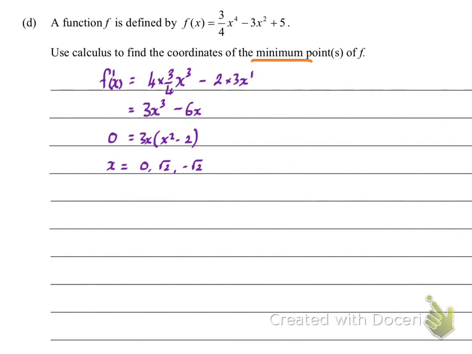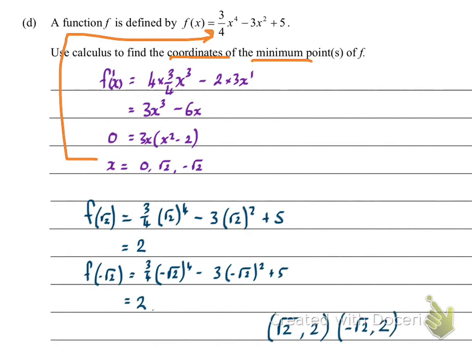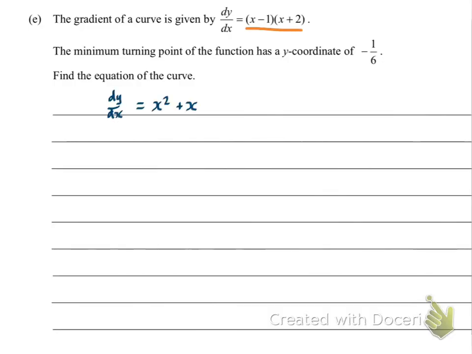Now we're asked for the coordinates, aren't we? So put them back in the original equation to get the coordinates. So when you put the square root of 2 in, you get a value of 2. And also when you put the negative square root of 2 in, because they have even powers, the negatives cancel. It's going to be the same value. Don't worry about the 0. The 0 is actually the maximum point. Excellence. And for the last part of this question,